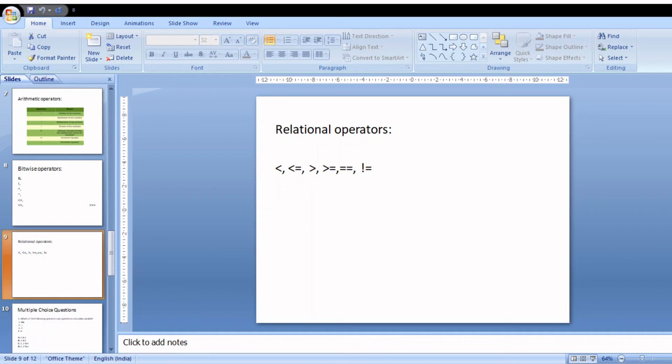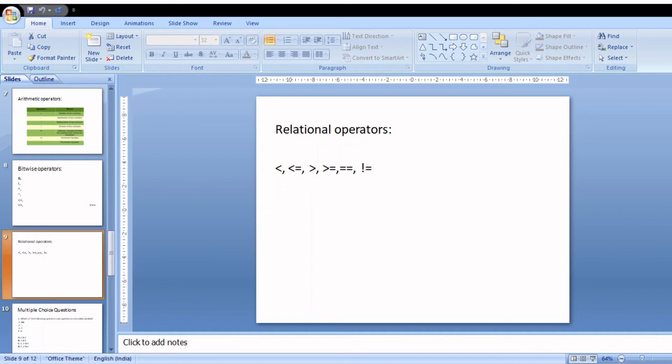And you have special operator called as instance of operator and member selection operator. This instance of operator is an object reference operator and returns true if the object is on the left hand side. This operator allows us to determine whether the object belongs to a particular class or not.